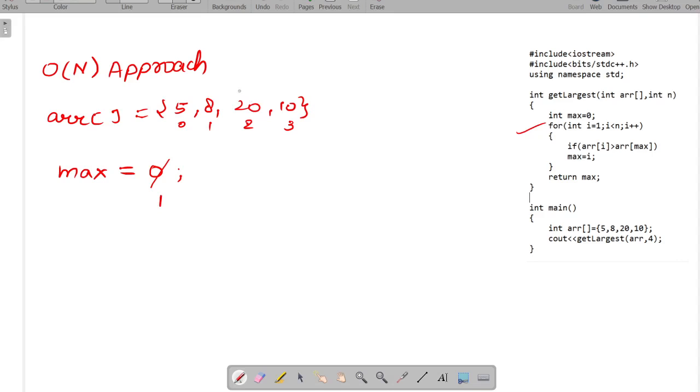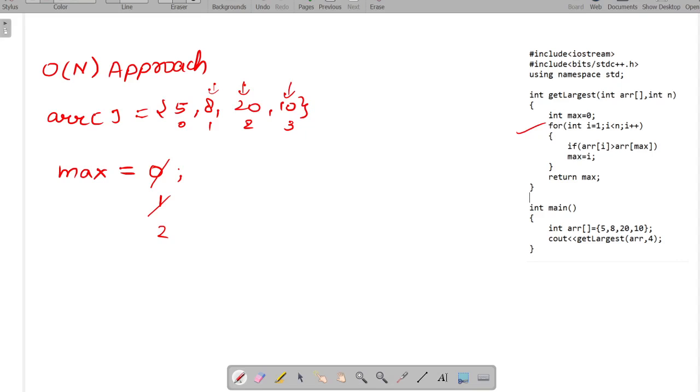Now when we come to 20, we check if 20 is greater than the value at index 1, that is 8. 20 is greater than 8, yes, so we will update the value of max as 2, which is the index of 20. Moving ahead, the next element is 10, and we compare 10 with the element at index 2, that is 20. Is 10 greater than 20? No, it is not, so we will not update the max value, we will simply let it stay as it is.